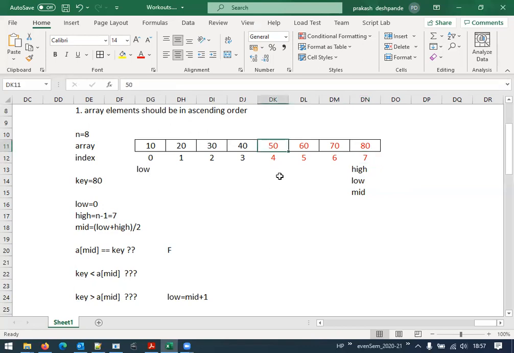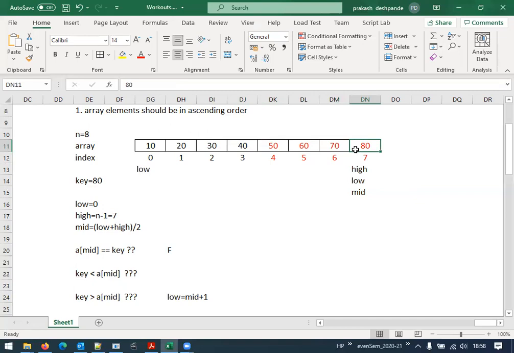When we started our comparison, we compared 4 times here. First at 40, second here, third, fourth. At the fourth comparison itself, we were able to successfully find the element. Right?